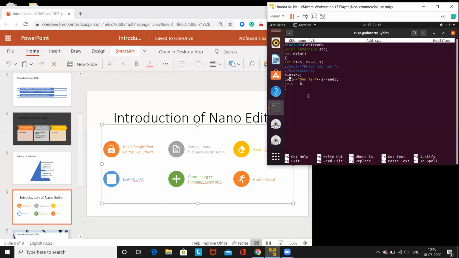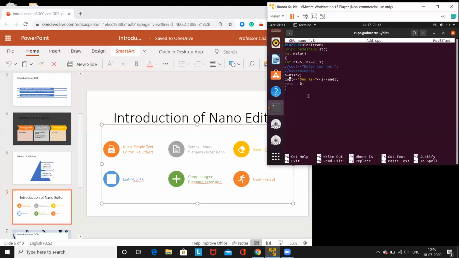So instead of taking input, I am just directly assigning the values of n1 and n2, 5 and 7. Now I want to add 5 and 7, and this addition gets stored in s, and I want to display this s, right?